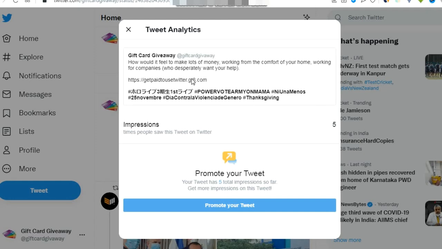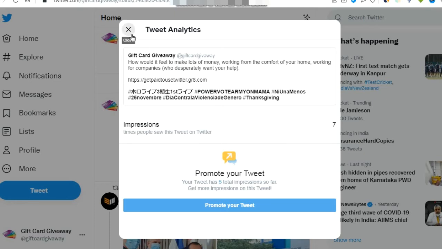Okay. Why I have used the landing page: because if you directly link your offer here, then maybe visitors will give you a red flag, and your account could be banned from Twitter. Okay, this is the reason. And even if you are banned many times again and again, then maybe your CPA offer account will also be blocked. So you have to be careful about being blocked from all of the platforms. So in order to do so, you have to use a landing page.